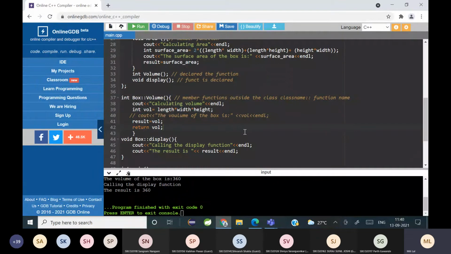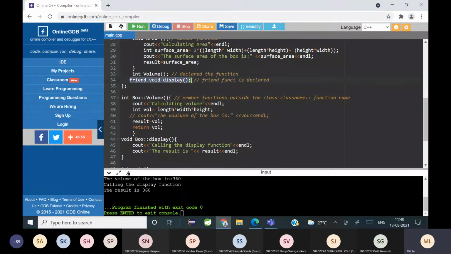A friend function is a function which doesn't belong to the class but can access the private members of the class. So display is a member of the class right now. I am going to change it to a friend function. To change it to a friend function, I will write the keyword friend before the function name.